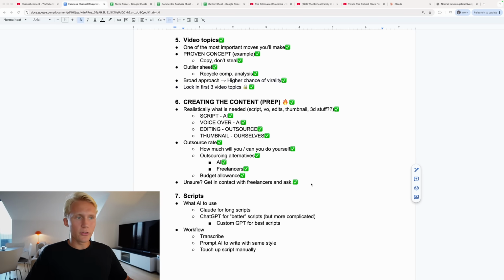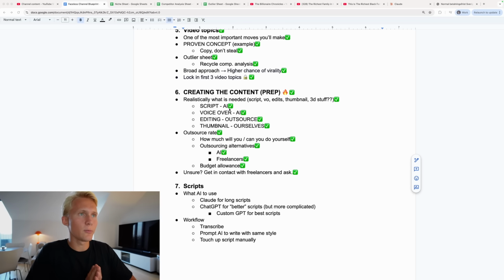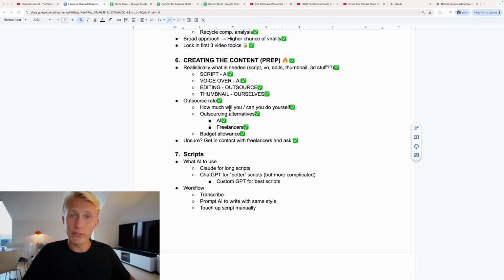But for these scripts, we are going to use AI. That is what 85% of the regular cash cow channels use, maybe 95% at this point, since AI has gotten so good. There are 2 AI tools that are generally used when it comes to AI writing. Claude is a chatbot, just a normal chatbot.